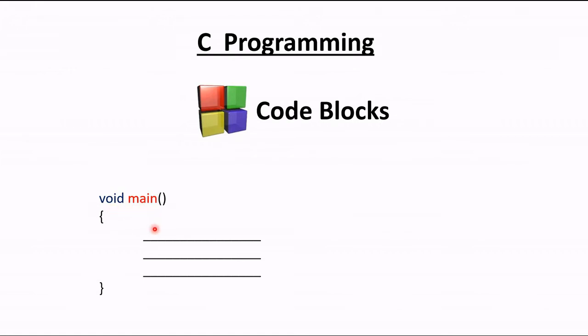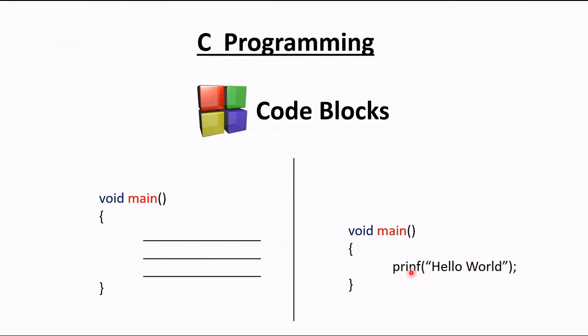If we want to print something in the output, at that time what will we do? We will write printf hello world. What is the work of printf? You can see here I have written void and main, so the program will start executing from this point, and all the lines written inside the brackets will be executed. Here the printf function prints something in the output. Inside the inverted commas I have written hello world. So this hello world will be printed in the output.